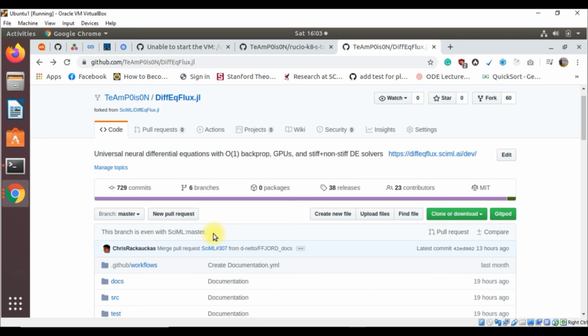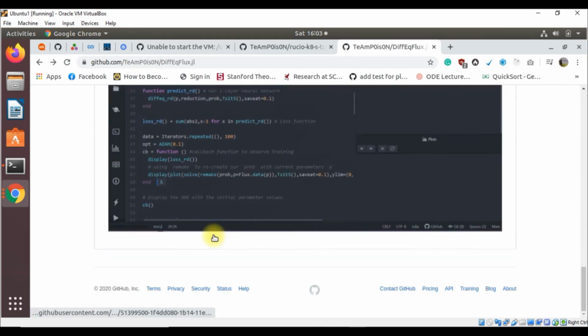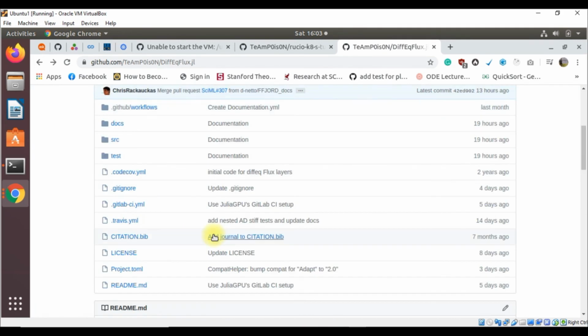Means now there is nothing to commit, nothing to merge or anything we have to do, we are at the same level as the SCIML master branch. Okay, so for now, bye bye and take care.